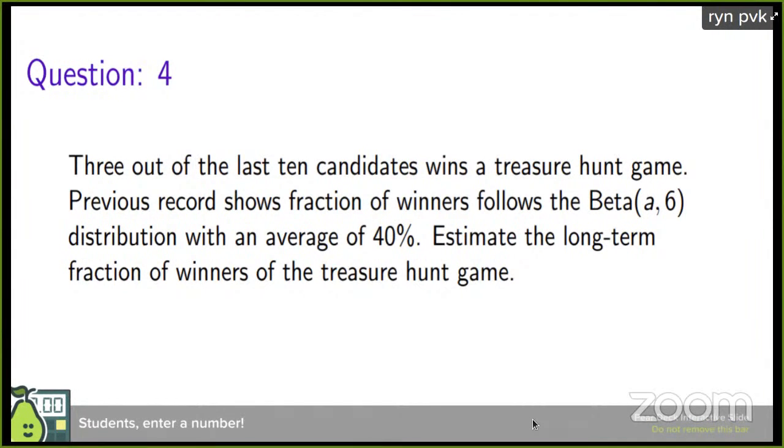This beta is what? Population distribution or prior distribution? Prior, sir. Because previous records show that the fraction of winners is a beta distribution. So it is a prior distribution with parameters a comma 6. Okay, then what will be my